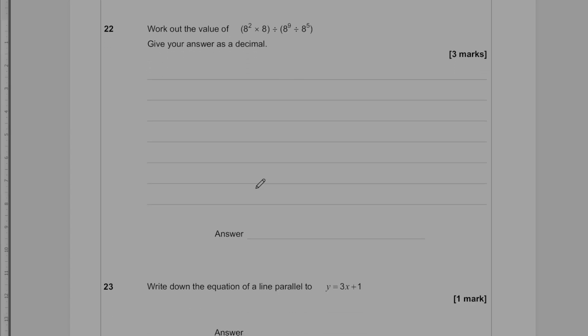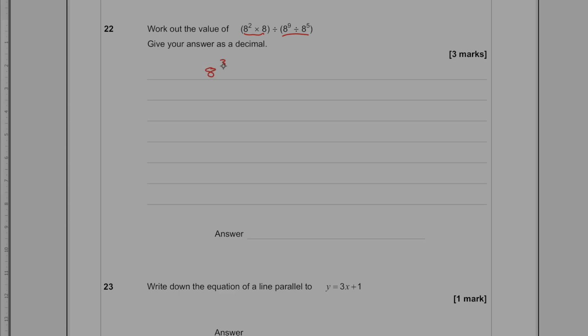Okay, question 22. Work out the value of 8 squared times 8 divided by 8 to the power 9 divided by 8 to the power 5. So I'm going to tidy up both of these first of all. 8 squared times by 8 would be 8 to the power 3. And I want to divide that by 8 to the 4, because we subtract the powers when we divide them. So that would give me overall 8 to the power minus 1. Give your answer as a decimal, so that's going to be